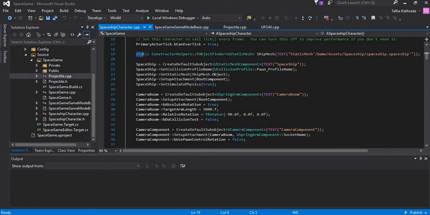Then we've got the static constructor helpers line, which gets the static mesh for the spaceship. Down here I'm creating the component that's going to hold the static mesh, which is the static mesh component. I set its collision profile name, but I don't think I actually ended up using that. I set the static mesh to the mesh that we got up here. I set up the attachment to the root component, which is our capsule collision component,